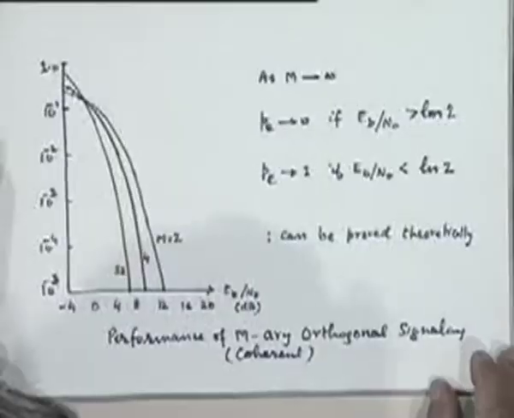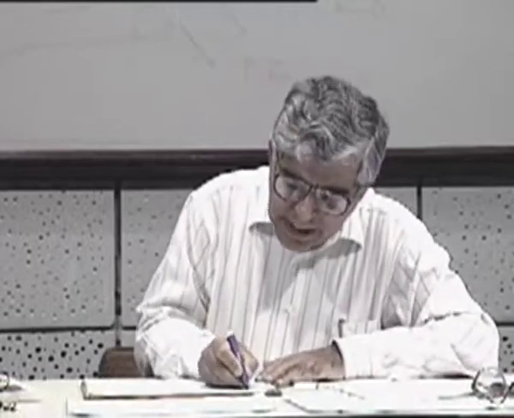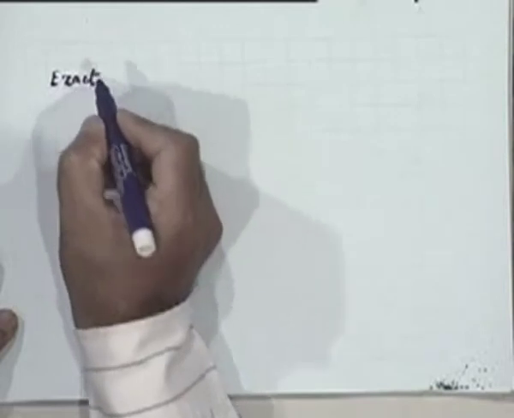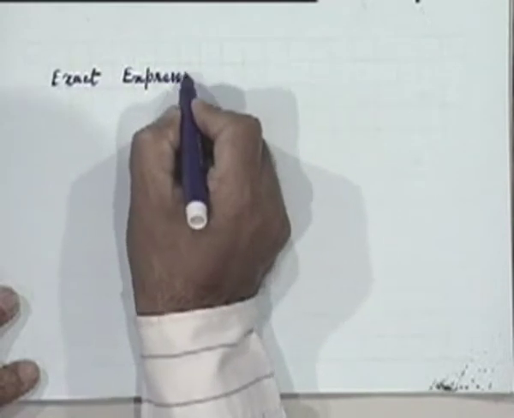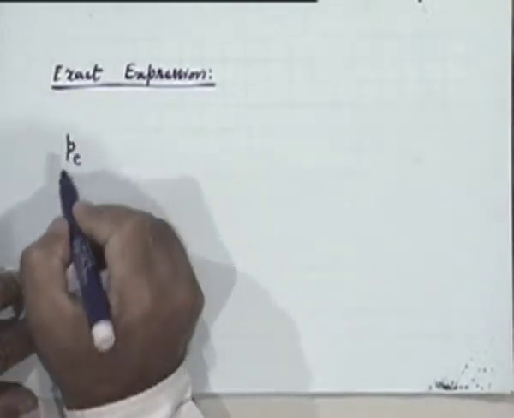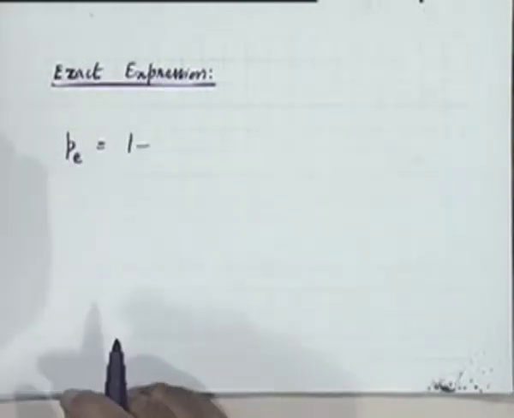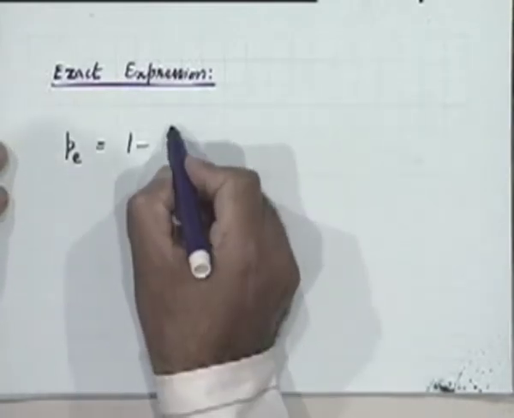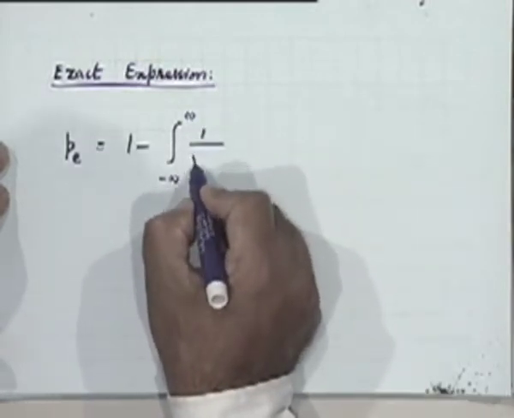In fact, I'll take up that question right away. Here is a plot, but before I give the plot, let me talk a little bit about the exact expression, which I will not do here. I'll leave that as an exercise for self-read. For the M-ary orthogonal system, the precise expression for the error probability is an extension of what we did for the binary case, but the final result is this. It looks like a complicated-looking integral.